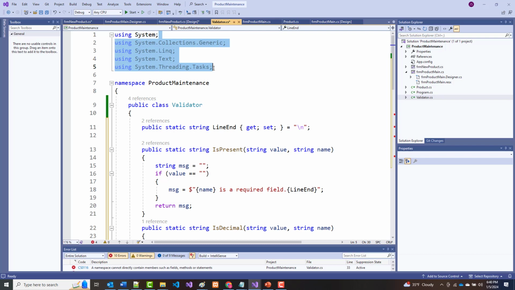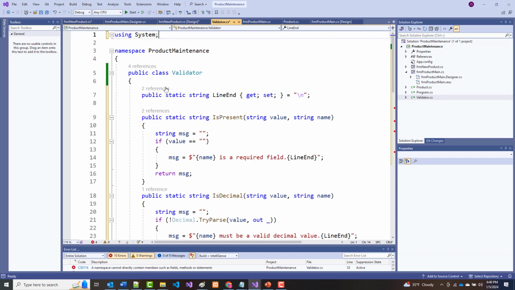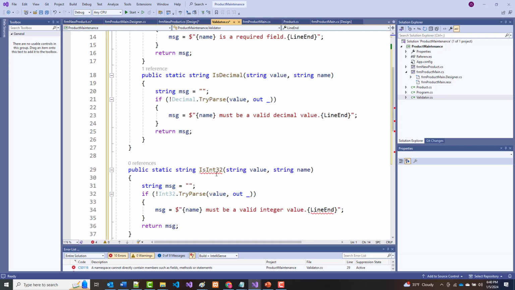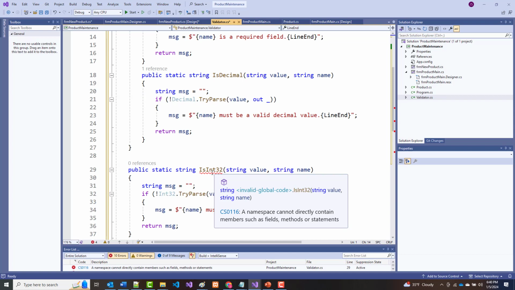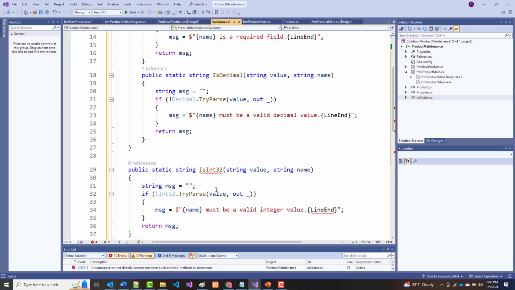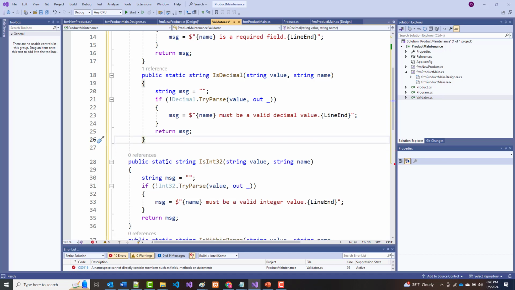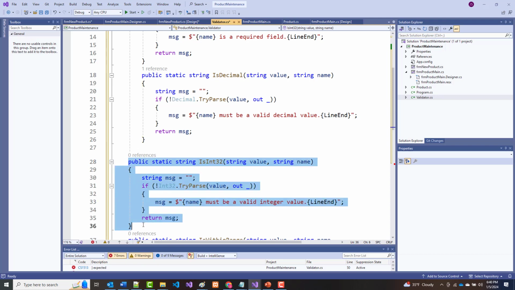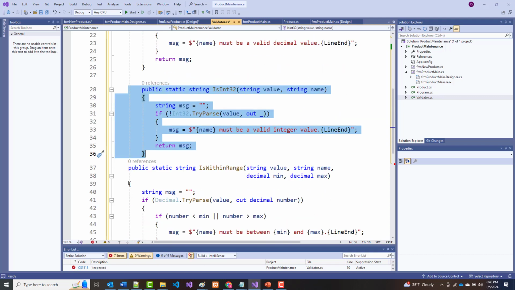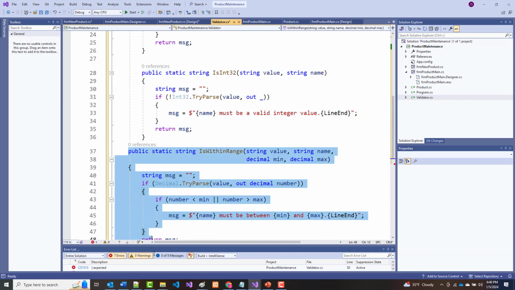You know, I want to start to debug this to see which one to debug first. So let's see. Is int 32. It says a namespace cannot contain members as fields, etc. All right, it's because I've got that line there. That'll fix that. These should be moved over. And this,